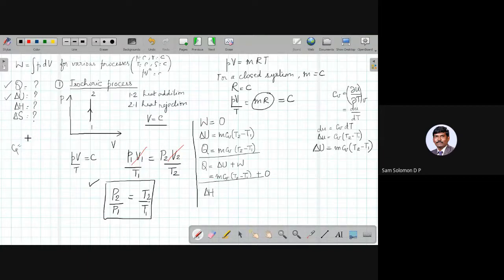So Cp is partial H partial T at constant P. Okay, so your dH would be Cp times dT following the same procedure. So dH would be mCp times dT, or mCp times